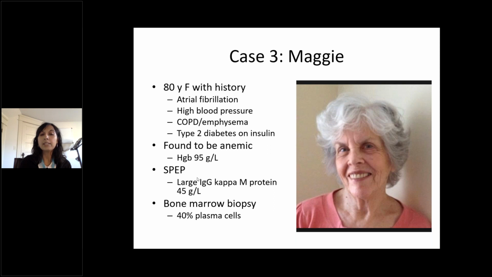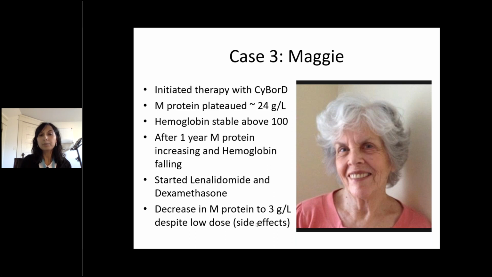And her protein test found her to have a large monoclonal protein measuring 45 grams per liter. And her bone marrow biopsy showed 40% plasma cells. So she was diagnosed with multiple myeloma. And because I think I inherited this patient, she started Sideboard D, that triplet regimen that I mentioned earlier, and her protein dropped, but didn't come down a lot, and it kind of plateaued at 24. We weren't able to get it down any lower, but her red cell count was stable above 100, and she